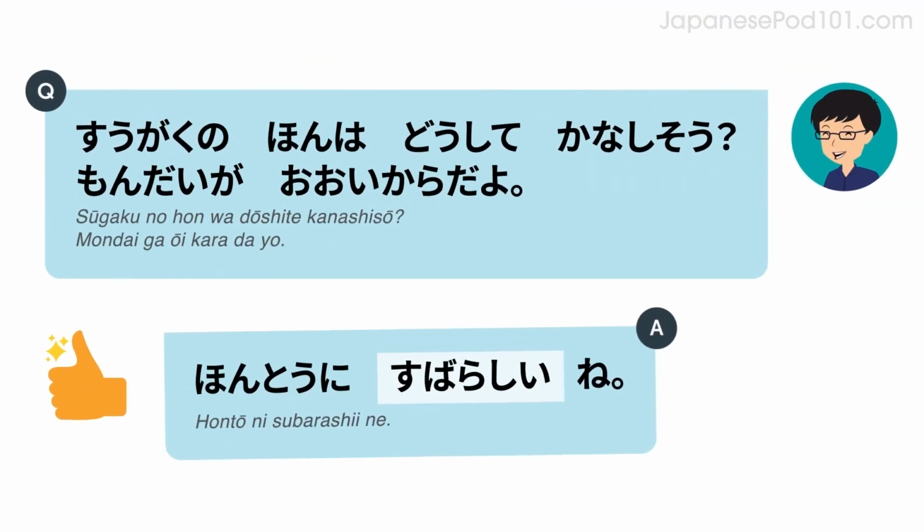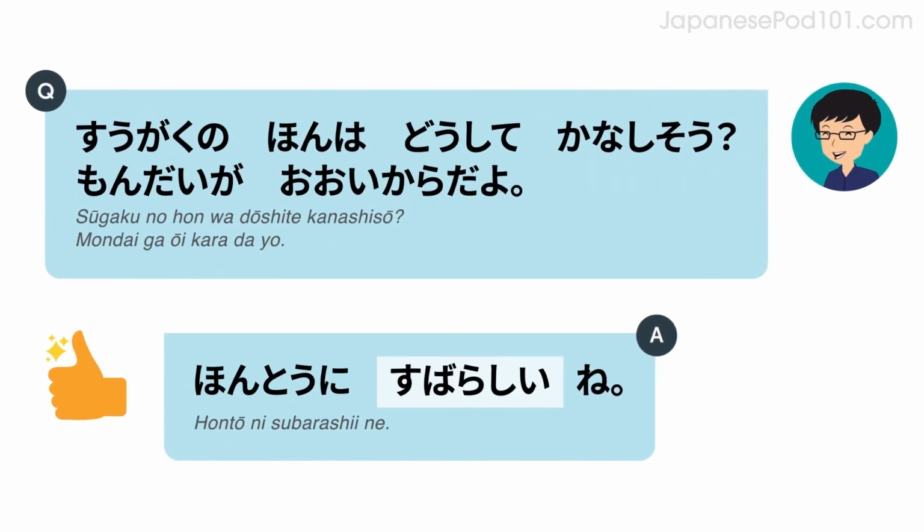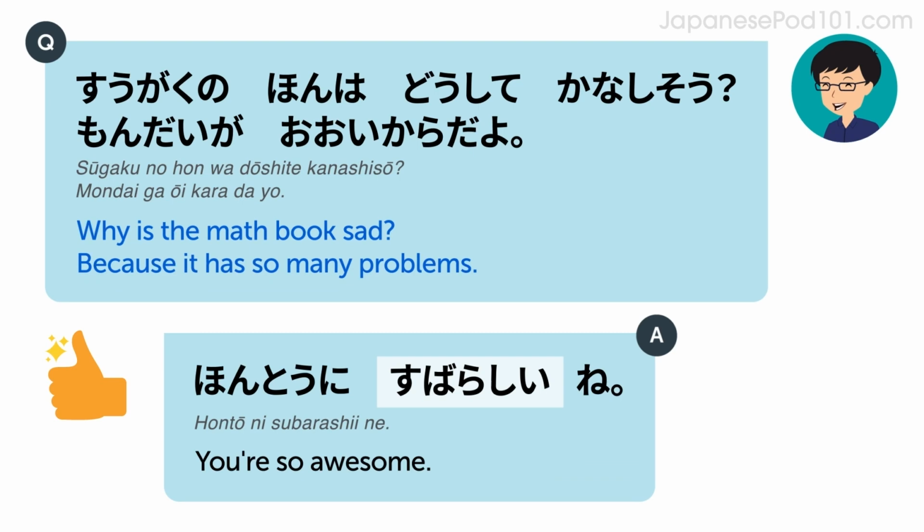Let's look at some examples. Listen and repeat or speak along with the native speakers. 数学の本はどうして悲しそう？問題が多いからだよ。本当に素晴らしいね。Why is the math book sad? Because it has so many problems. You're so awesome. 本当に素晴らしいね。